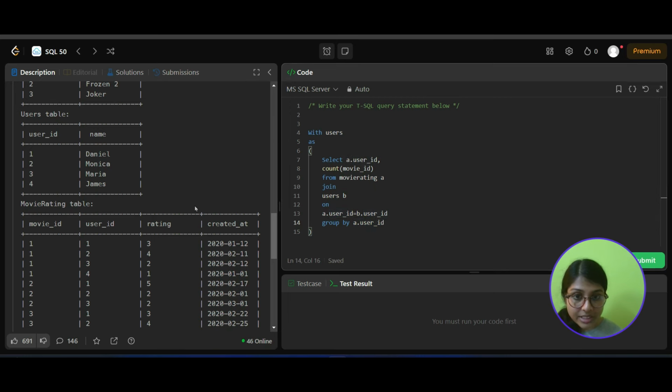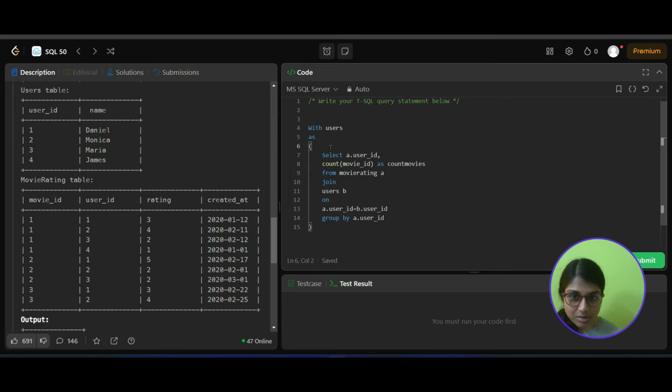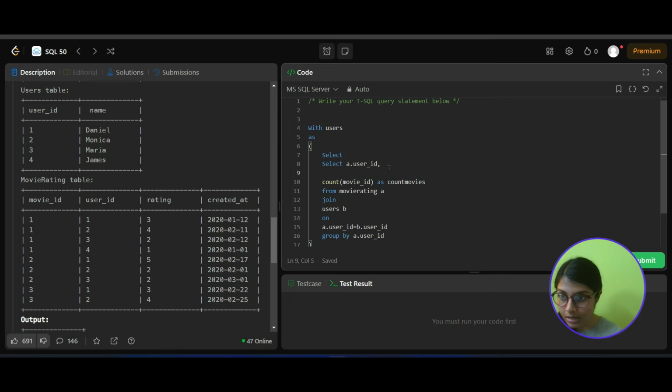Okay, so movie rating, and this is your base table. And after that, you have to create a rank based on what is the count of movie ID that you have got. Let's say count movies, right? So we have to create another CTE from here, or you can just do it. This is a small enough table. You can take a subquery as well. Would not make much difference. So select, let's say we will take user ID. No, we need the name as well. So we need the user ID, we need the name,